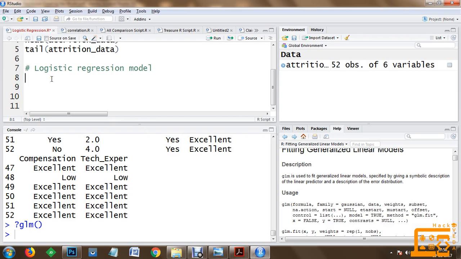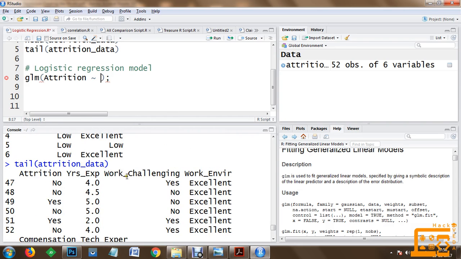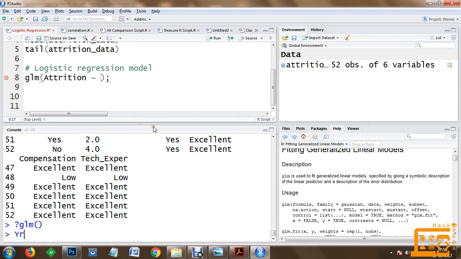So now let's write the GLM function. Within this GLM function, the first thing we have to specify is the response variable. So the response variable will be the attrition column within the attrition data. And then we have the other information, and let me quickly check the information which is available. The first is attrition, and apart from this we have some independent variables, and that is years of experience.